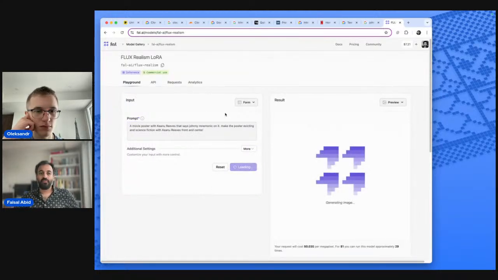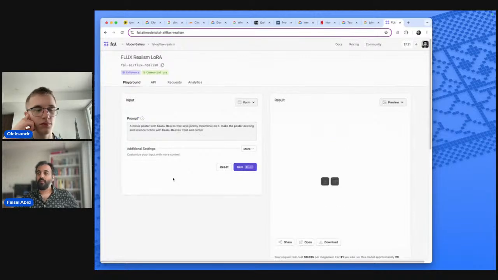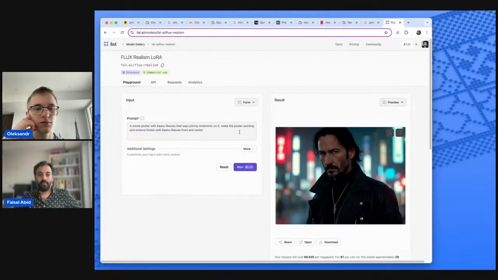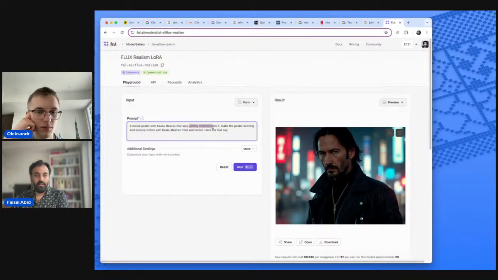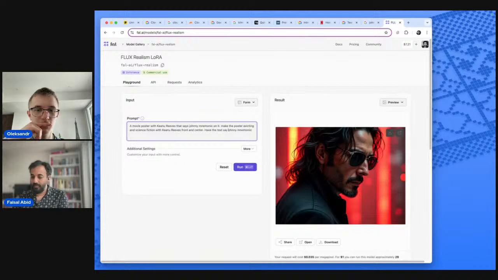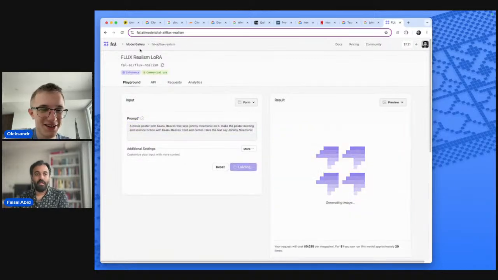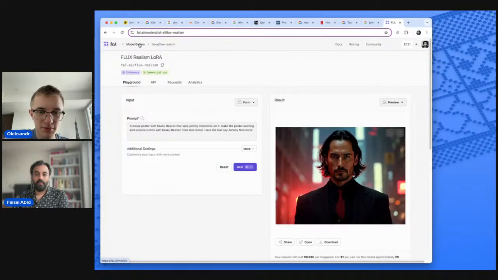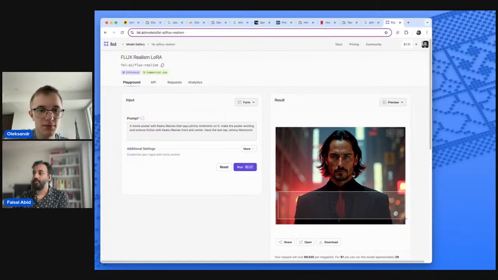So now I've used this microservice. I'm generating a poster that Faisal likes. Bam. It clearly doesn't say the text. Have the text say it. Oh, clearly it's not generating with text. But technically it would. Maybe this LoRA one, this realism one, doesn't. But imagine it just had text. Or you could just slap on text, right? And I'm like, wow, that was cool. I wonder what that is.